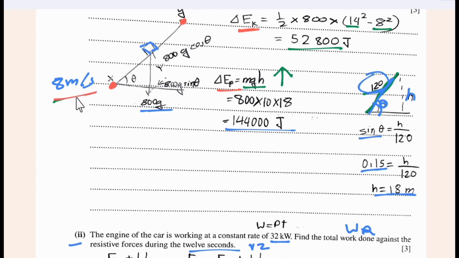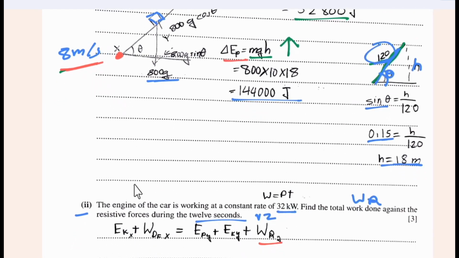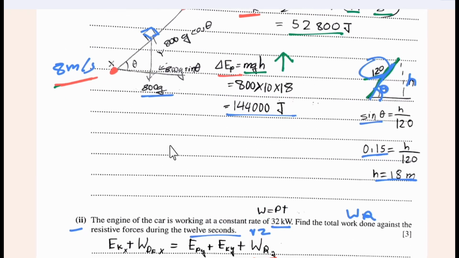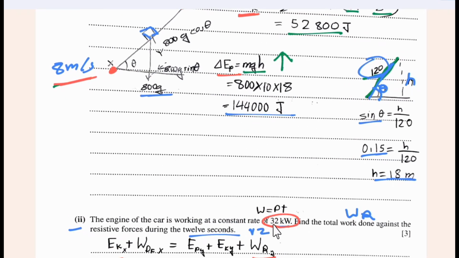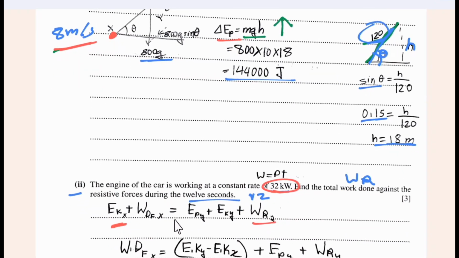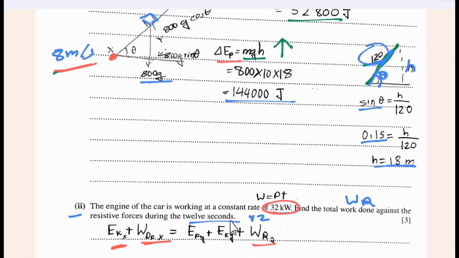So initially it has a speed of 8 meters per second, that means it has kinetic energy, and initially we have been given the value of power, that means it has some driving force. So initial kinetic energy plus work done by the driving force is equal to, we need to find the work done by resistive force, that is the final work done against resistive force, is equal to,